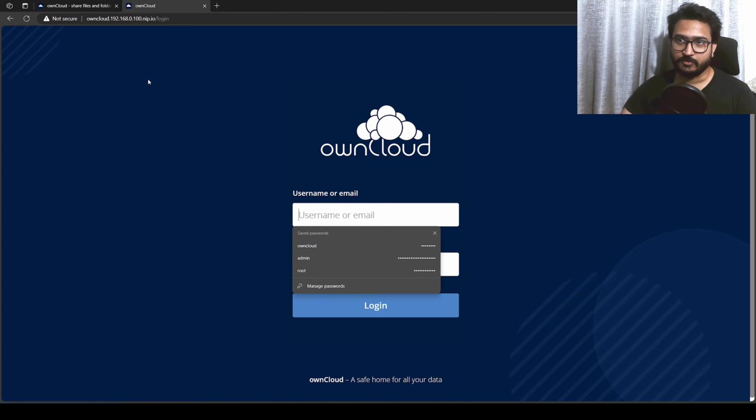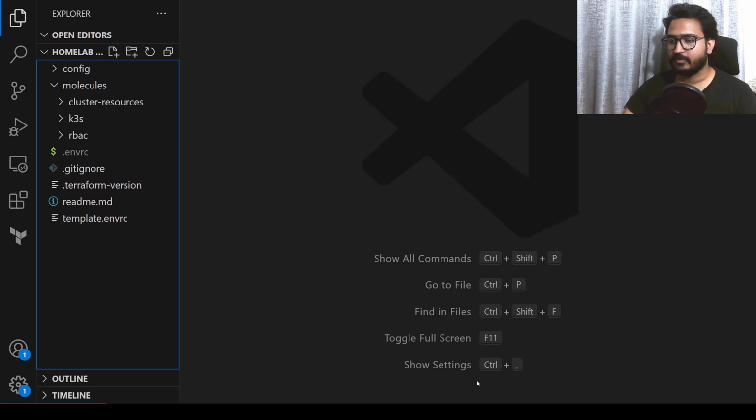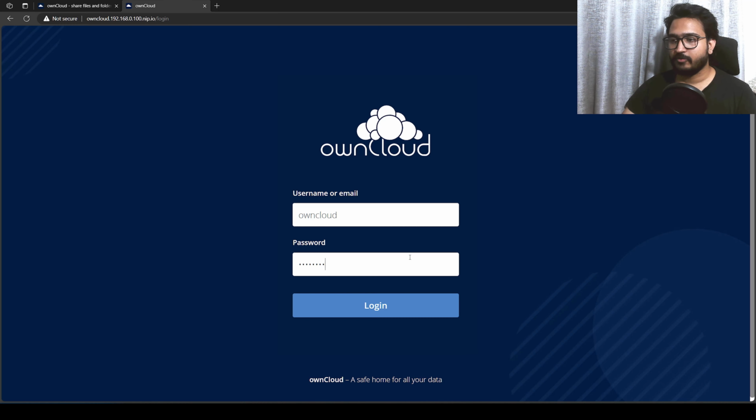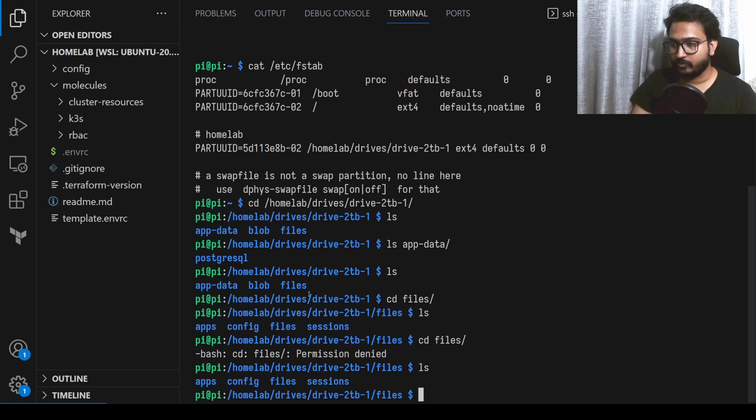If I go to this URL, I can get to my own OwnCloud instance. I don't have any SSO setup at this point; you saw that I'm still working on it here on the RBAC molecule. So I just use the default credentials to log in. And here you see these three folders. I don't want to actually get into those folders, but what I can show you is